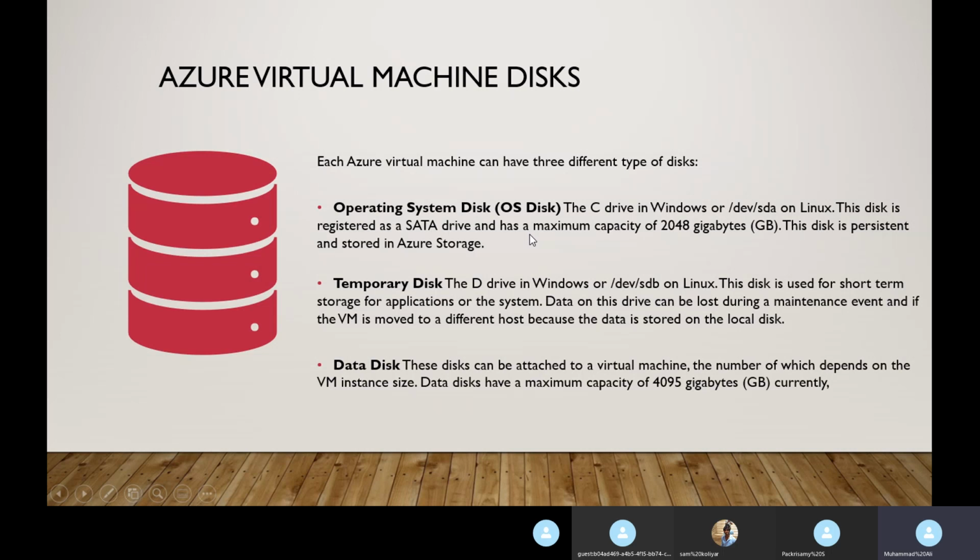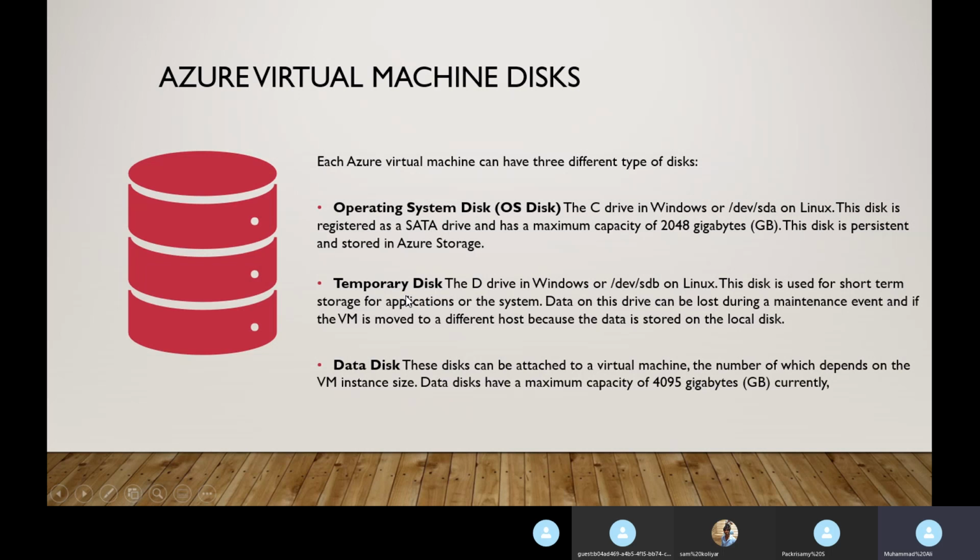The OS disk has a default size like 140 GB. When you go to higher sizes like A, B, C, D, the local disk C will also get higher storage. But C is the default, and you cannot change it once created. You can resize only the data disk. If you initially start with 32 GB, you can upgrade to 64 GB, 128 GB based on your utilization. You can use your data only on this D disk.